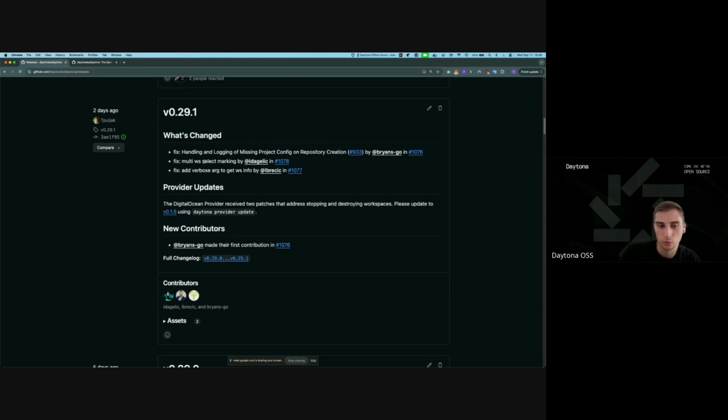Then you have multi-workspace select marking. So I think Tarun noticed that. So the actual selection UI we used for deleting workspaces was reused for all other selection processes. So when you actually press X in a selection view, it would say that it's marked for deletion, even though you're not even in the delete form. So we just made a fix for that, and also another fix for